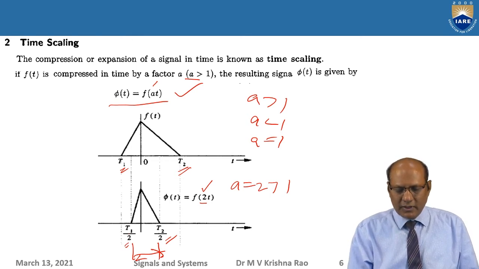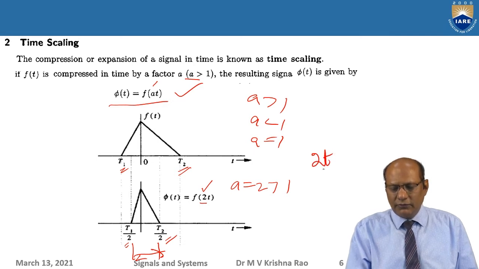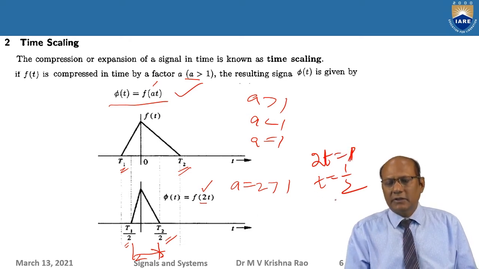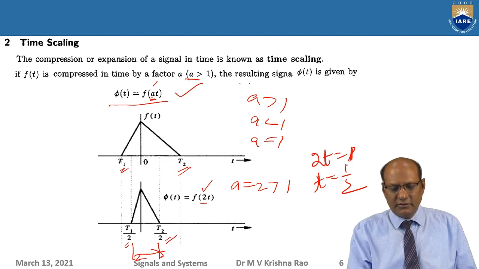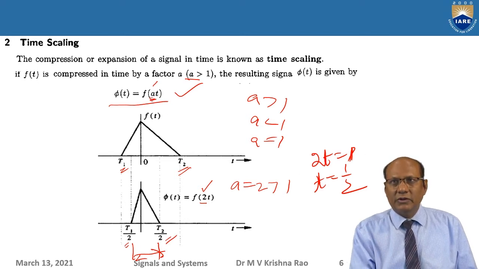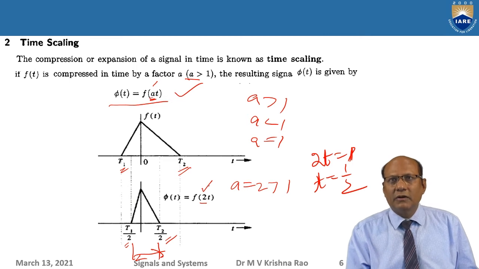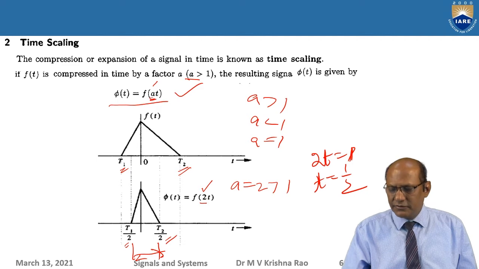So what is the thing here? Let us say T equal to 2T. Now if I take 2T equal to 1, T equal to 1 by 2, like that. Any value if I take, any instant. So basically, even though it appears as a multiplication factor here, when you multiply with a value greater than 1, the signal is shrinking. You should not think that because a is greater than 1, the signal will expand. In fact, it is the reciprocal of that. As a increases, the signal will compress that many times.